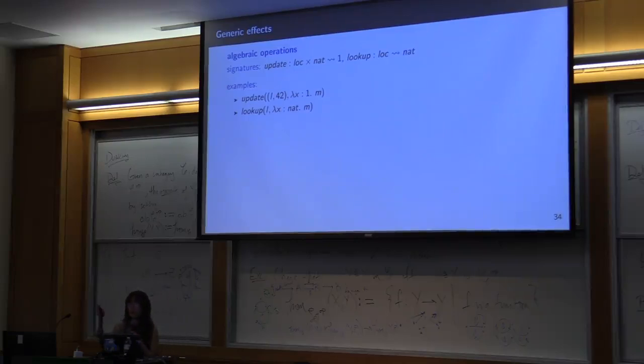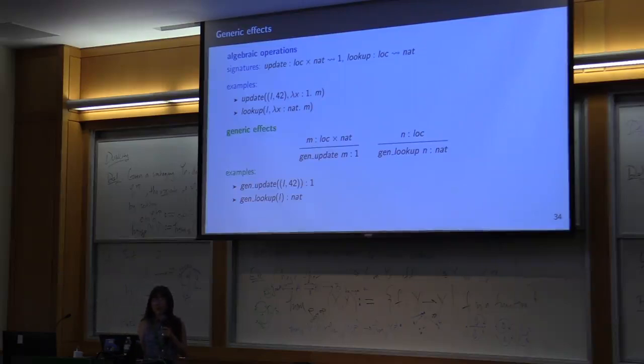Now you have to write the arguments and you have to tell it exactly what's going to happen afterwards. But why can't I just consider a set of operations with this kind of type signatures? So I will just say, no, I write two operations corresponding to the generic effect version of the operations above. I will just say gen update, generic effect. Gen update M